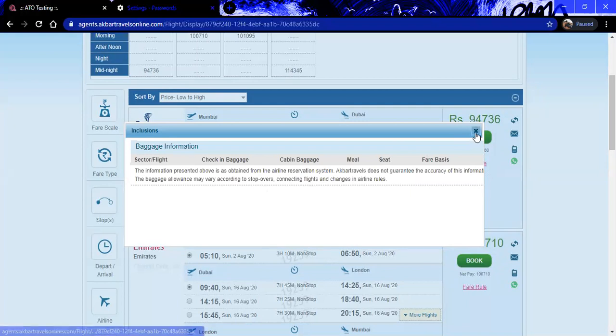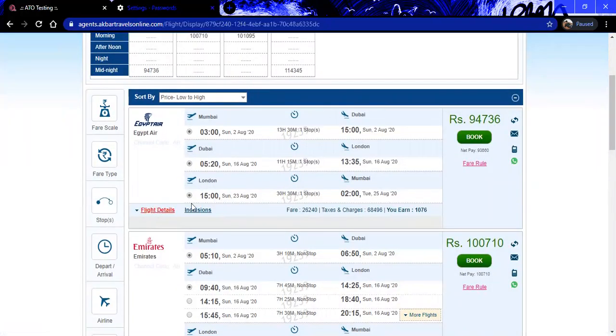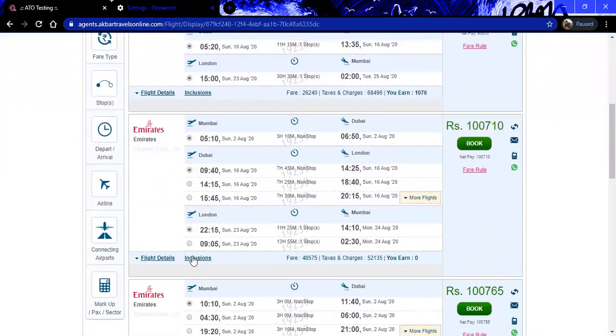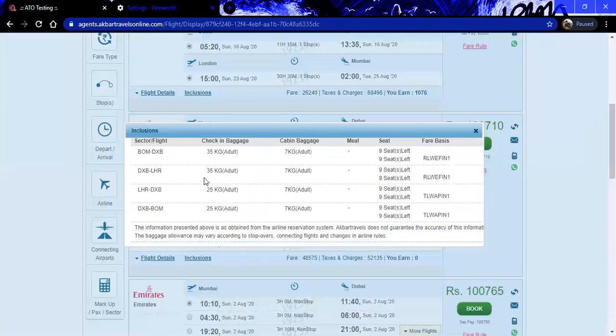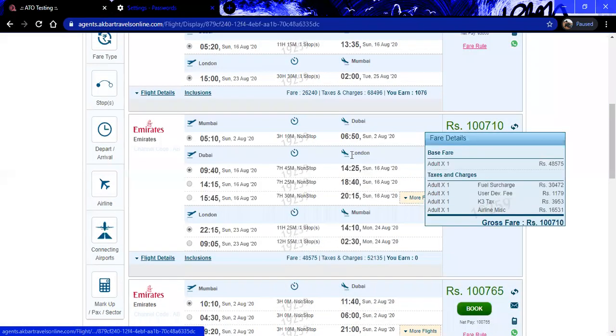As of now there is some error, one minute, so I will just show it for another. Here it is showing the sector, the inclusion baggage for that sector, the seat count for that sector, and the fare basis code is mentioned. So this is how the inclusions show accordingly.